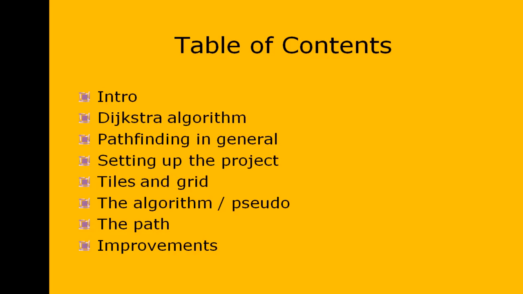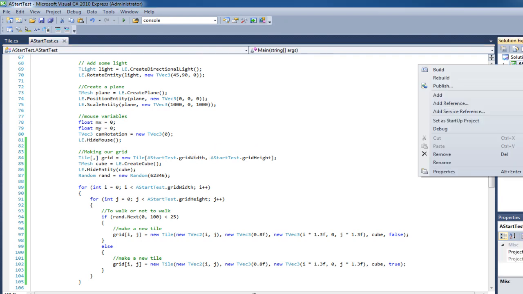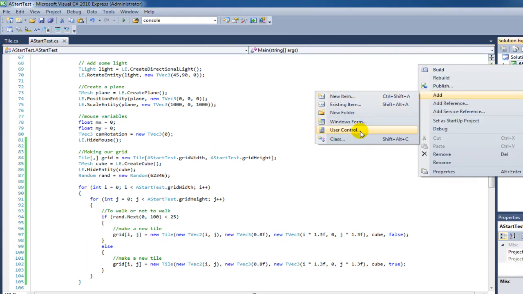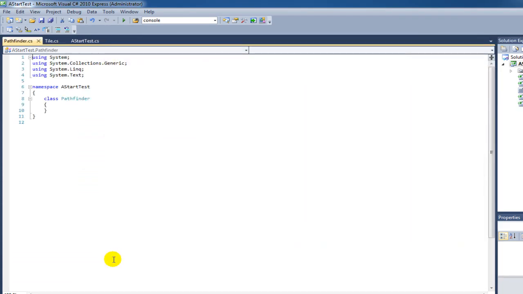Now let's continue with setting up the Astar algorithm. We're going to use a little pseudocode here, but first off we're going to add the class for Astar. I'm going to call this class Pathfinder. Okay, great. Once again, we're going to make this class public. We really want to do that. Okay, and what's inside this? Well, inside this class, first off, we need to have a copy of our grid because